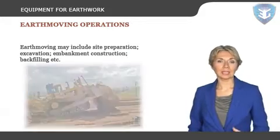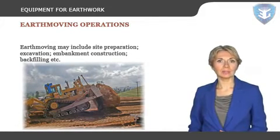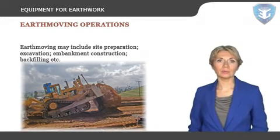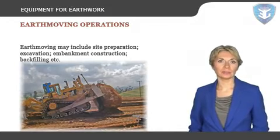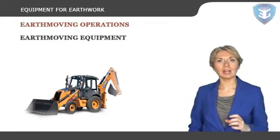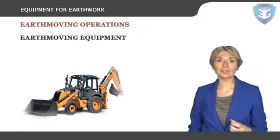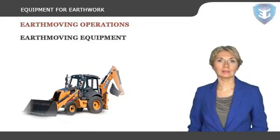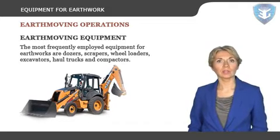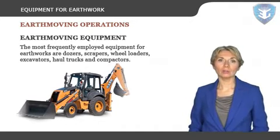Earthmoving may include site preparation, excavation, embankment construction, backfilling, dredging, preparing base course, subbase, subgrade, compaction, and road surfacing. Earthmoving equipment. Earthwork operations are highly equipment-driven processes, and the equipment costs constitute a major part of the investment and operating costs. In general, the most frequently employed equipment for earthworks are dozers, scrapers, wheel loaders, excavators, haul trucks, and